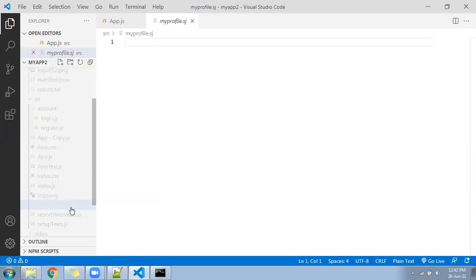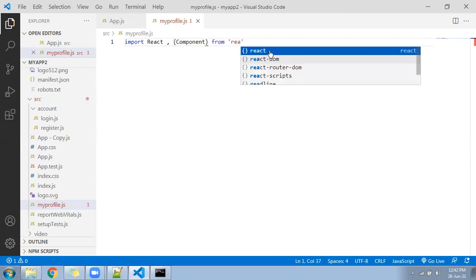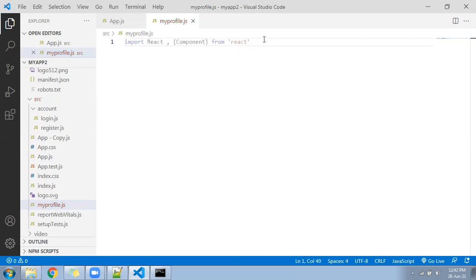So let me go here. I came to my profile.js file. In the first step, import React, comma, Component from React. After that, I'll come down below and write a class.